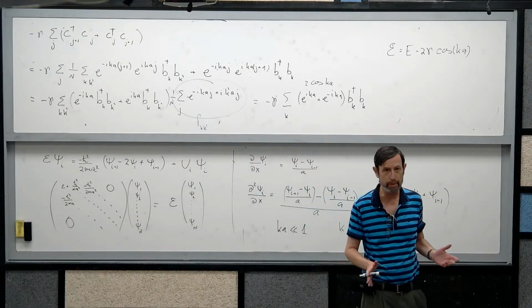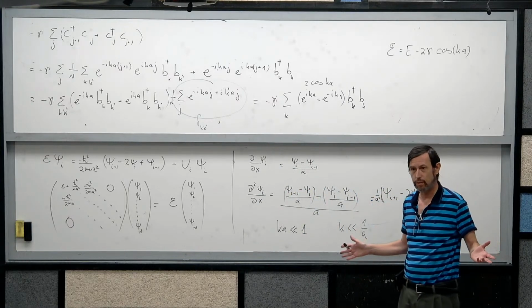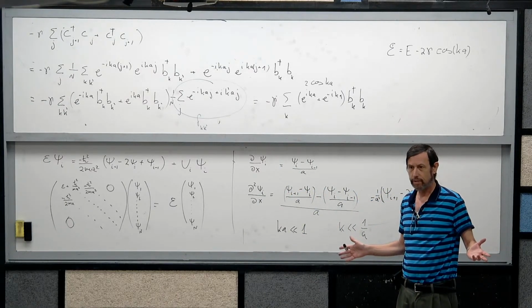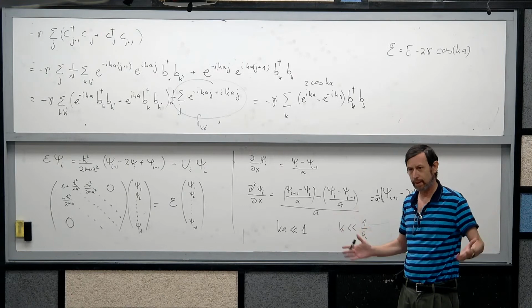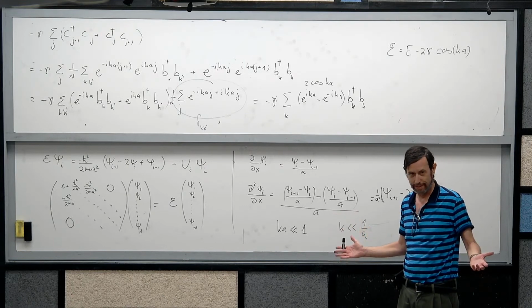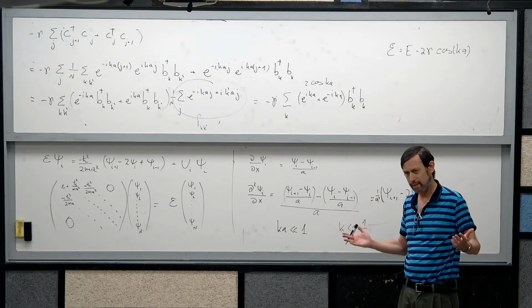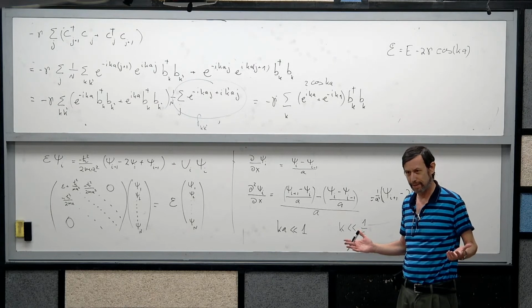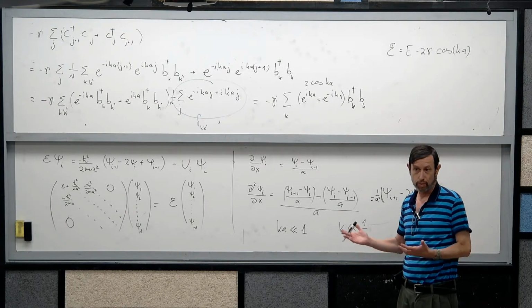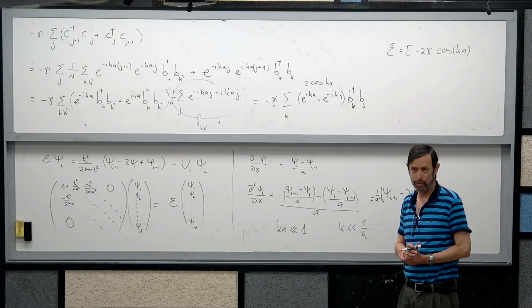And for a typical PC nowadays, diagonalizing a 1000 by 1000 matrix, which is usually for 1D problems a good size, will give you quite accurate solutions